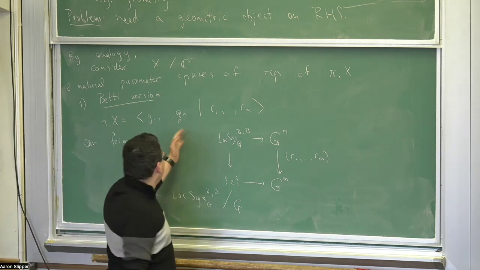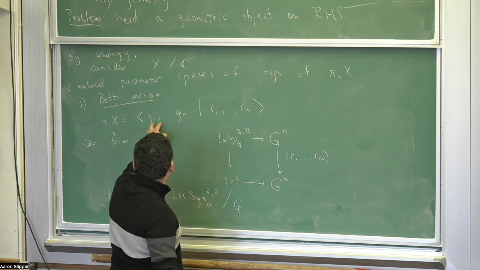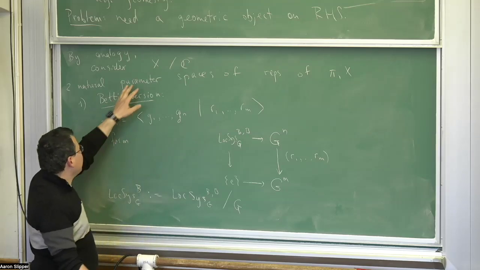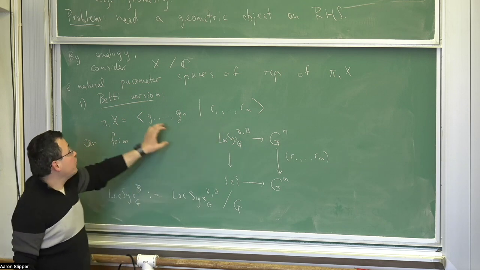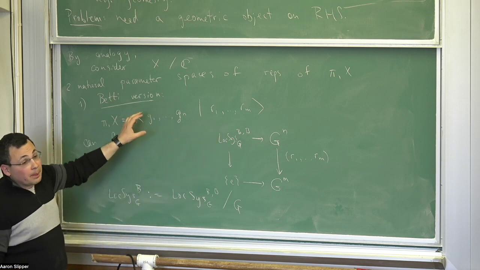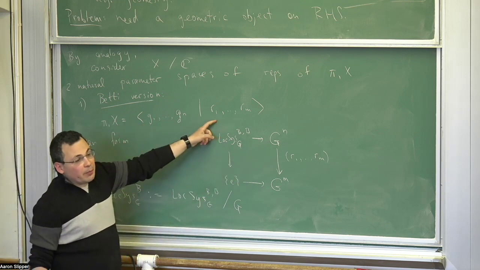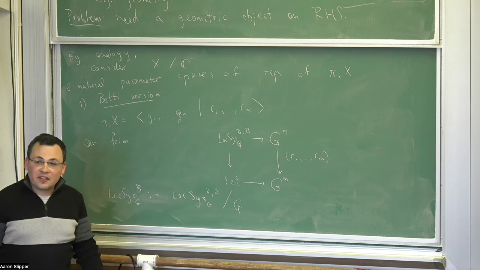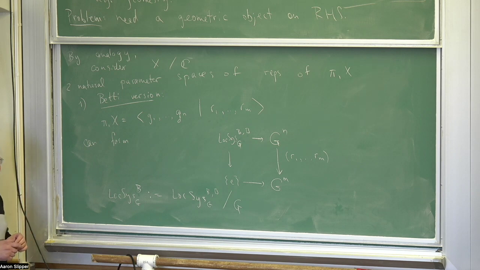The only caveat here is that there are two caveats. One, this is only reasonable when X is a K(π,1), to get the correct derived structure. We'll fix that in a minute. I just wanted to give something very concrete. And also when this presentation is sort of a homotopy presentation. In other words, when the corresponding pushout in groups is equivalent to the corresponding pushout in simplicial sets. When you have one relation, for instance, that's always the case.